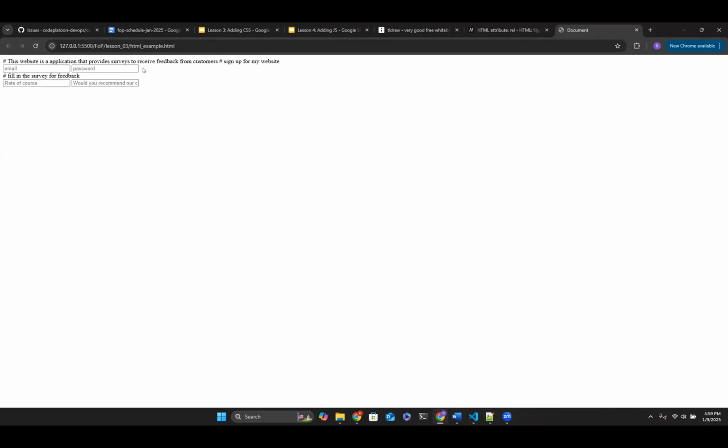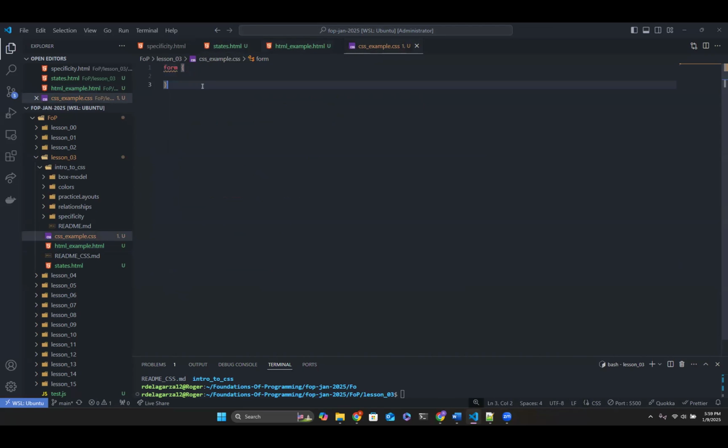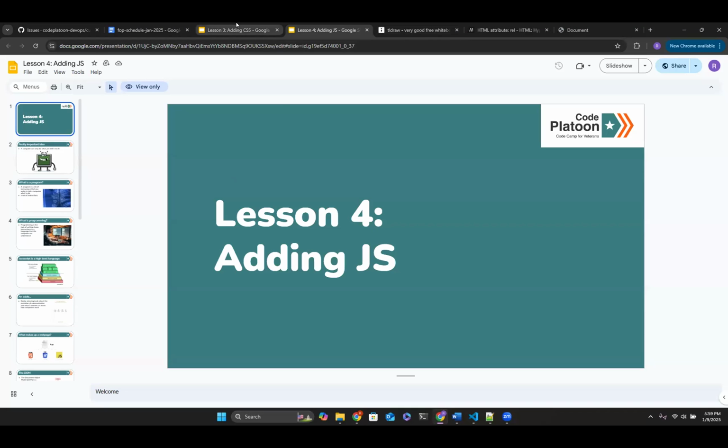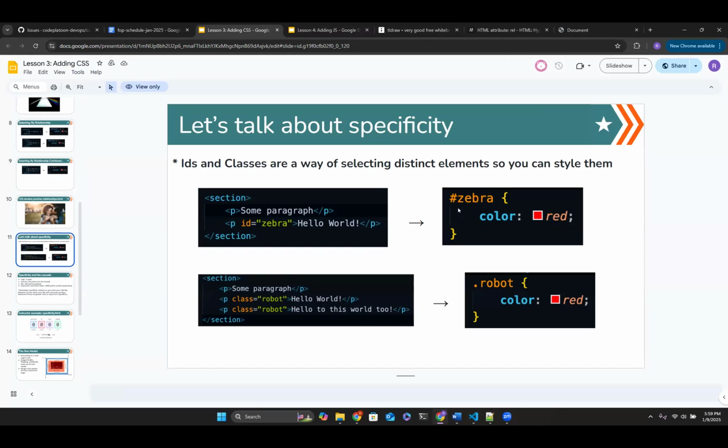I only want to change the CSS for my sign up page. So to do that, I would have to come to my CSS file, and to only get the sign up, I want to grab it by its class, not the element tag, but by its class. And to do that, we have to utilize either the hashtag or the dot, depending on whether it's a class or an ID. For classes, we're going to use a dot right before the name of the class. And this is going to let our CSS know, hey, this is not an element. This is not some kind of ID. This is only a class.